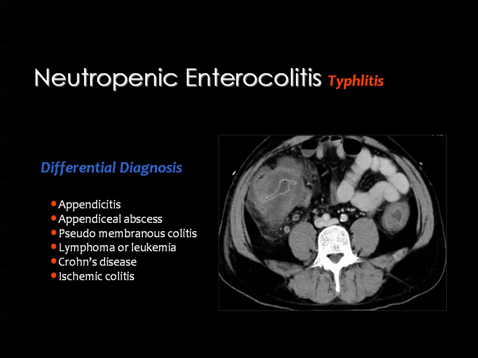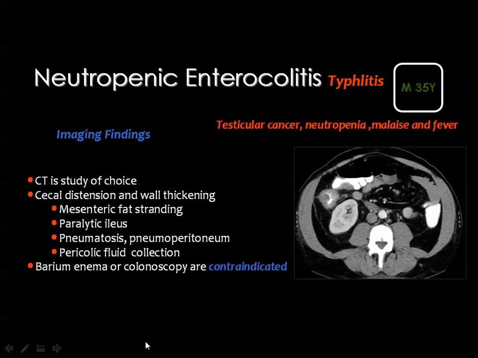clinical finding of immune suppression and neutropenia. The differential diagnosis, as I have said, will include appendicitis and appendicular abscess, localized form of pseudomembranous colitis, lymphoma and leukemia, Crohn's disease, and ischemic colitis. And this is a case of testicular cancer with evident neutropenia, malaise, and fever. The CT scan of the abdomen shows localized thickening of the wall of the cecum with stranding of the pericolic